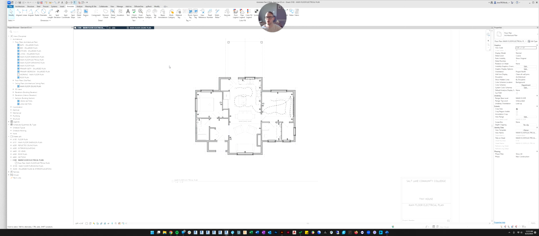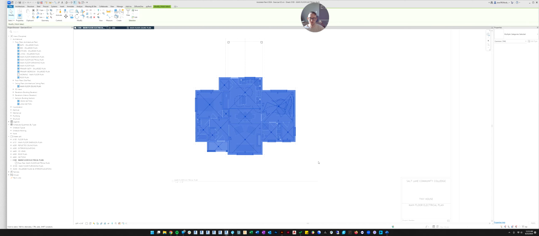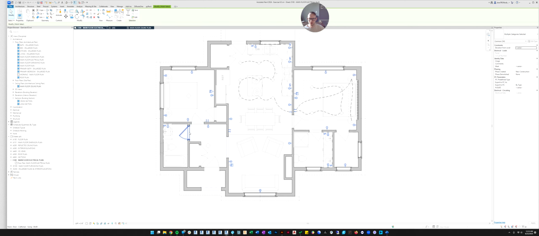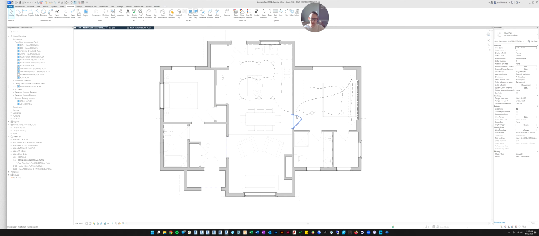delete all of these. So also another thing I think I taught you once, but let's use it here. I'm going to mass select everything, and then I'm going to use the filter tool up here. Click filter. And I just want the lights. There's only certain things I want. So I'm going to check none, and I'm going to check all the categories I want to select and delete. So I don't want doors. I do want electrical fixtures. I want to get rid of lighting devices. And that's it. Click OK. So now it's selected all of my outlets and all of my switches, and I'm just going to hit delete.